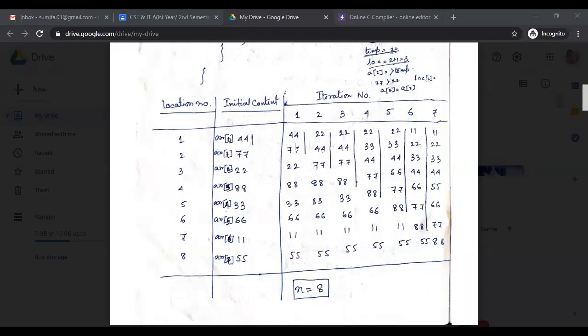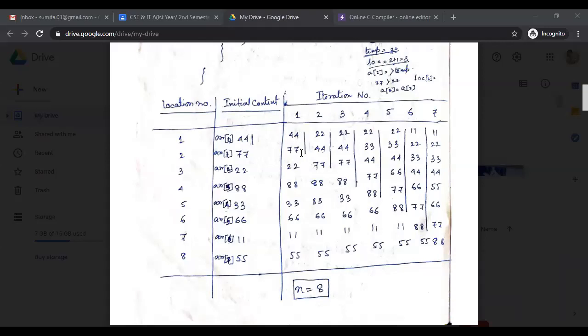In the second iteration, we have already inserted 77 in our array. So now we have 44 and 77 in our array. Now we write our logic: is 44 greater than 77? No. If no, then it is already in ascending order.